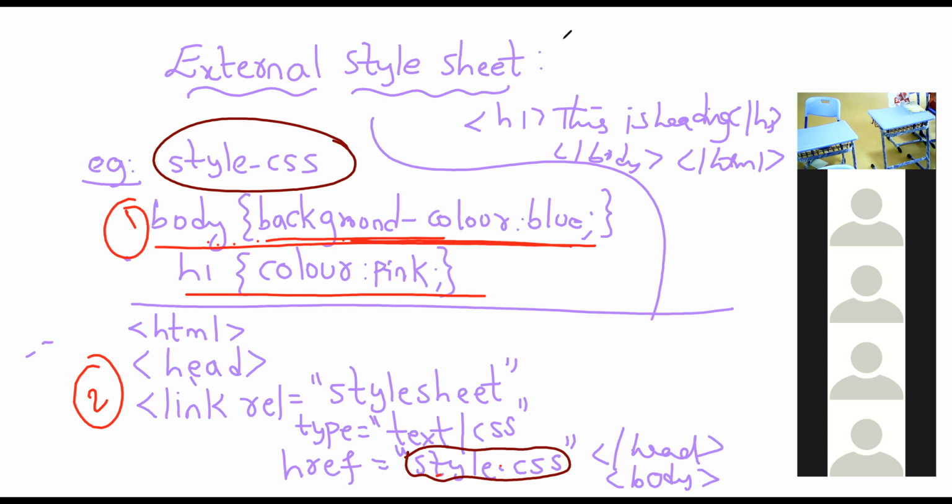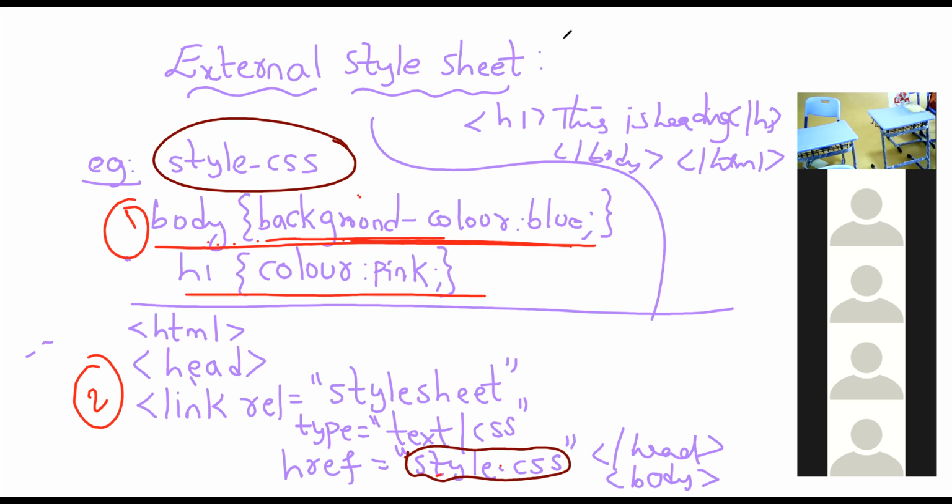So you need to go to only the .css file and enter the declaration, what you want to declare: font, color, background, everything, whatever you want to do, you have to do only in CSS. So automatically that will be applied in all the remaining HTML web pages. Is it clear? Like this, you can create n number of web pages. You need not copy from one web page to the other. No need. Once you have created one CSS file and mentioned the declaration in that CSS, that declaration will be followed by all the web pages.